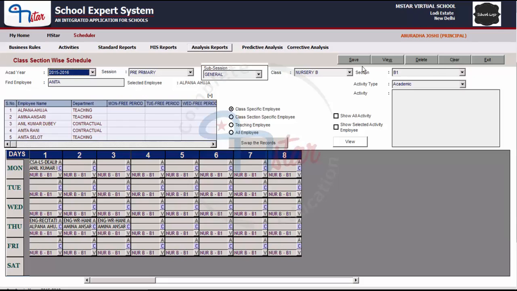So in the screen we have selected the class section Nursery B B1, in which let us note that Alpana Ahuja teacher is associated already in the Thursday first period. Now let us try and associate Alpana Ahuja in another class section for Thursday first period. So let us click on the class section, click on the grid and update the grid for class section, and